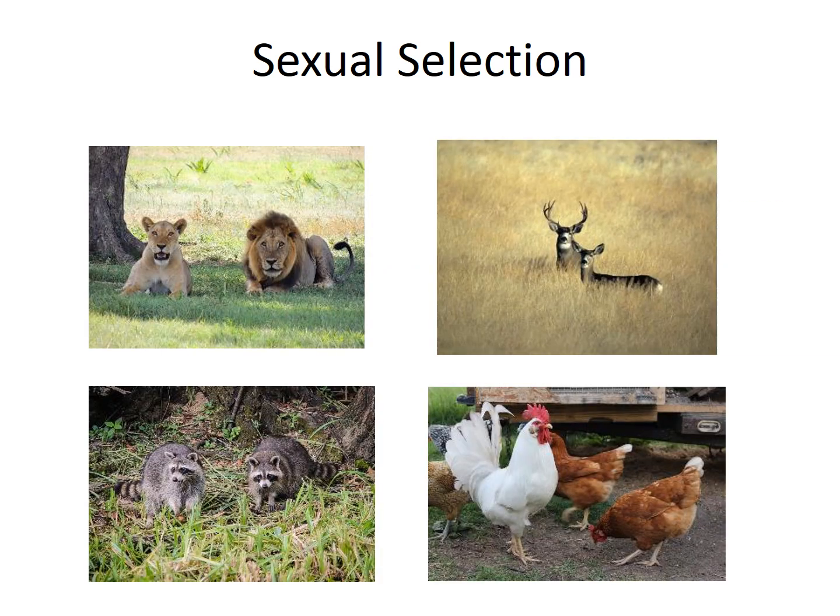So I'll just give you some examples here. For example, in lions, the males have these nice, beautiful manes. In deer, the males have horns, while females don't. And for example, in chickens, we see the rooster looking very different. It has a very different comb on its head and wattles than the females.